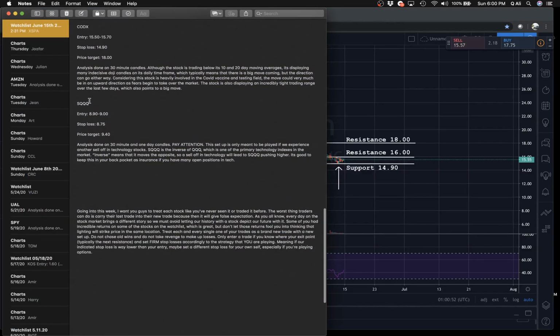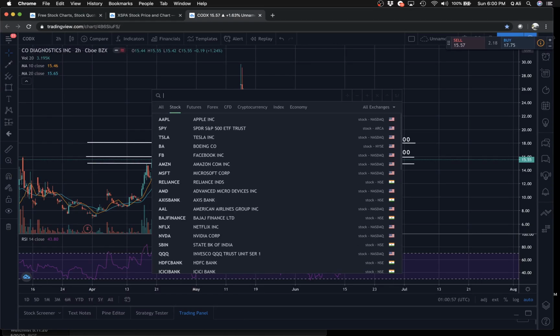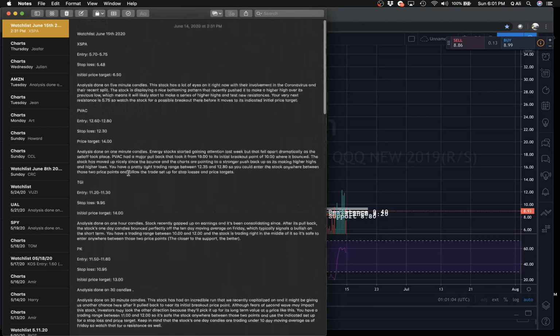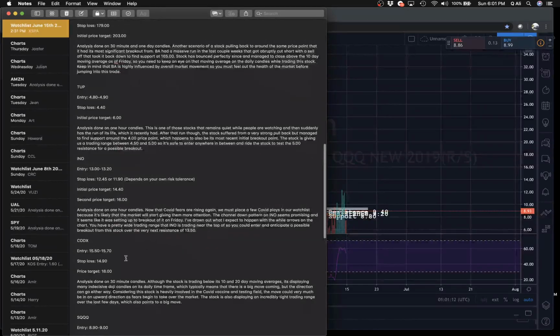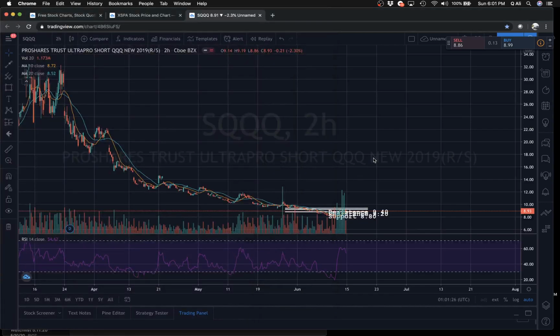Now, I've included SQQQ, which is the inverse for QQQ, in our watch list only because I want to have protection in case things don't go our way. So if the stock market drops this week, I'm sorry to say, but this whole watch list will likely be thrown out, apart from maybe XSPA, INO and CODEX, especially if those stocks drop below that significant support that I had been pointing out through the video. But I've included a few plays in here that could potentially go our way in case the stock market goes down, in which I personally